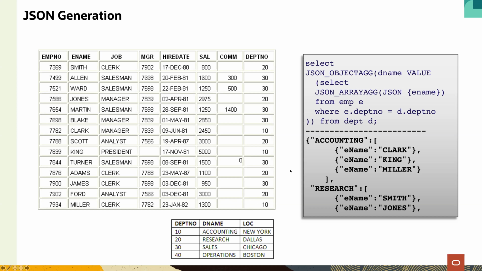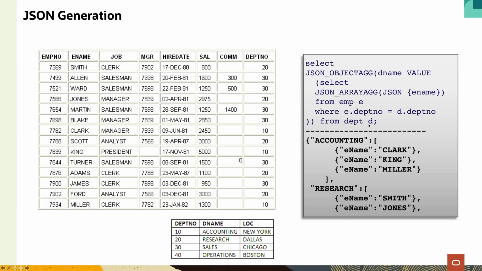And that's very easy. All you do is you write some SQL, the way you would do it for 30 years, and then you put some JSON generation functions on top. So what we want to do here in this example is we want to create a JSON object where the keys are the departments in which our employees are working. So we want to have a key accounting and a key research, a key sales, and the value should be a list or a JSON array of all the employees that work in that department.